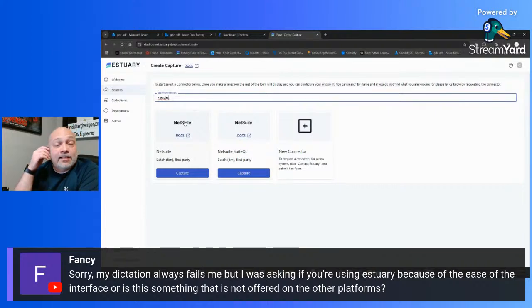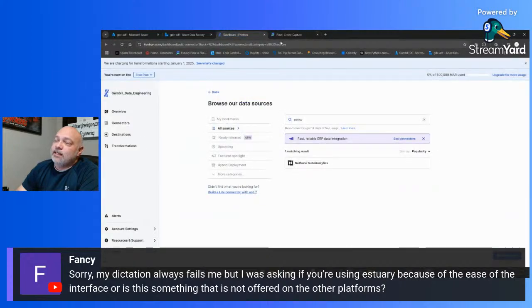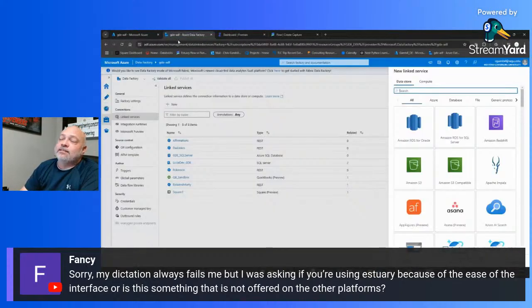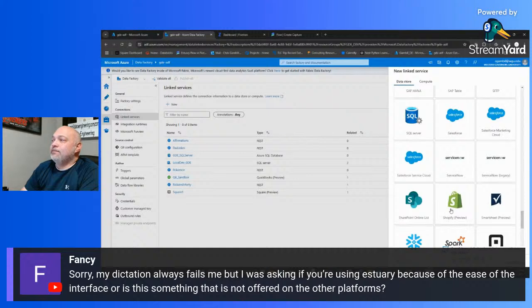NetSuite is something that a lot of companies have for their financial piece, for their finances, and so that's an important one to have. Estuary has it. It's one of the few. Estuary and Fivetran have it. Again, one of the few that do, and again, ADF doesn't. So that's a big one. That's a big shortfall of